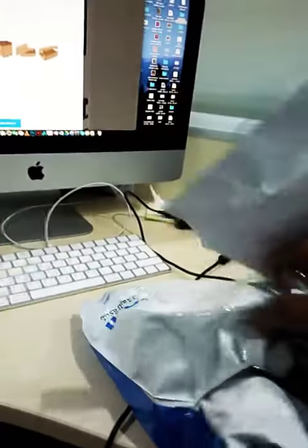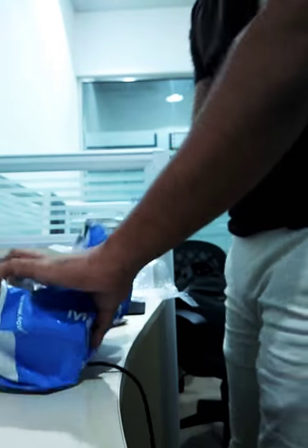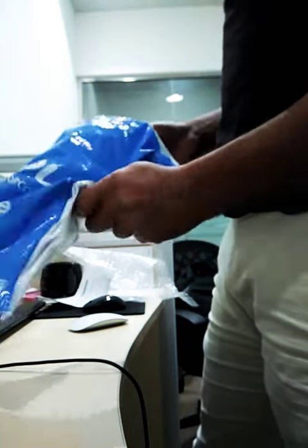Alright guys, I got my Poco phone right here. I bought it from the souk.com Abu Dhabi. And let me check, I just opened that and then unbox it again. I'll put my phone here and let's see what I got here inside the